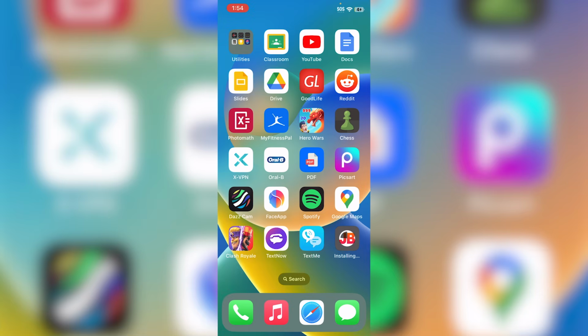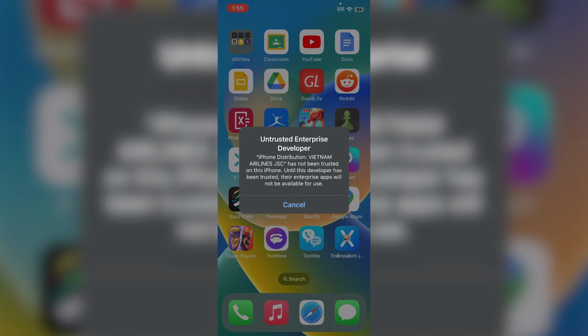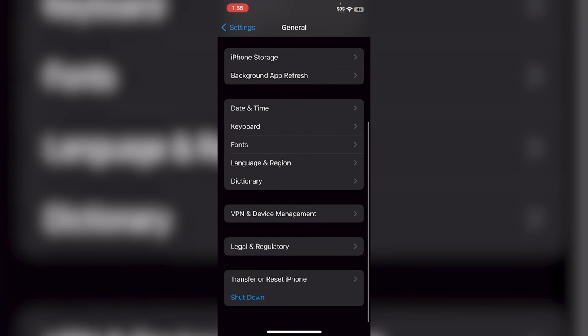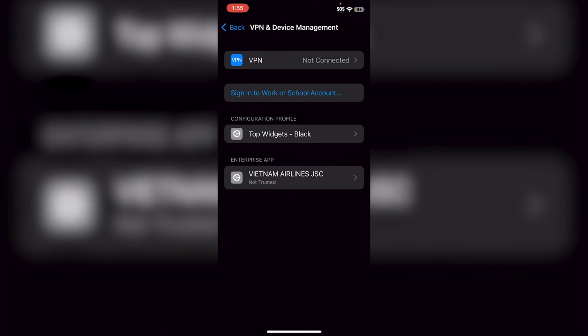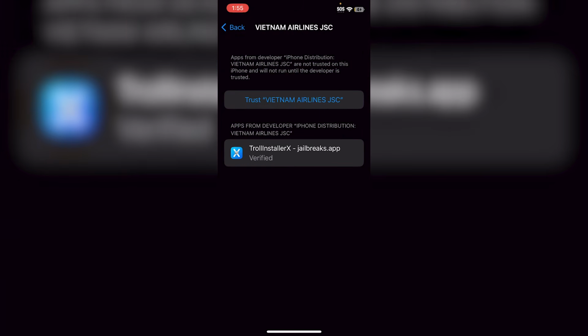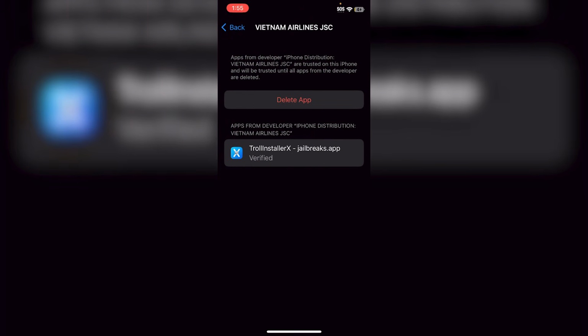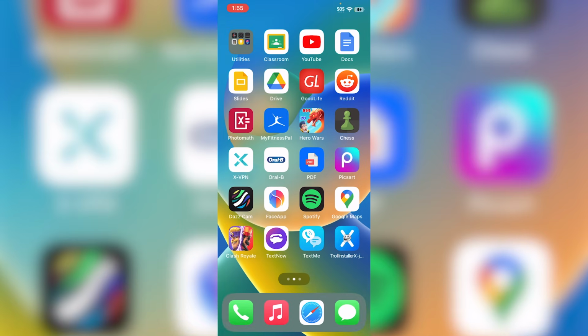Click install, and now as you guys can see, TrollStore X has successfully installed on our iOS device. And now what we have to do is just click on the app. You guys will get an untrusted enterprise developer prompt here, so just go into your Settings app, go into General, scroll down to VPN and Device Management, and just click on the enterprise app here, click on Trust, and now the app has been trusted. So we can go back to our home screen here, and now we can just open up the TrollStore X